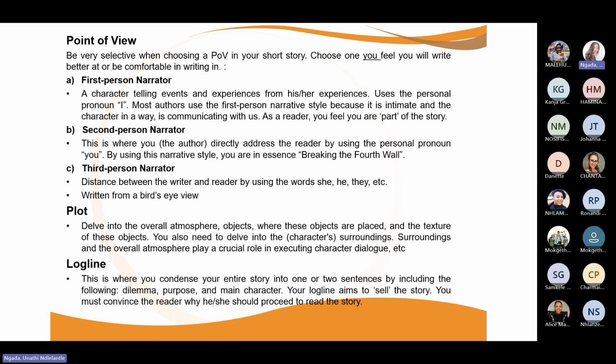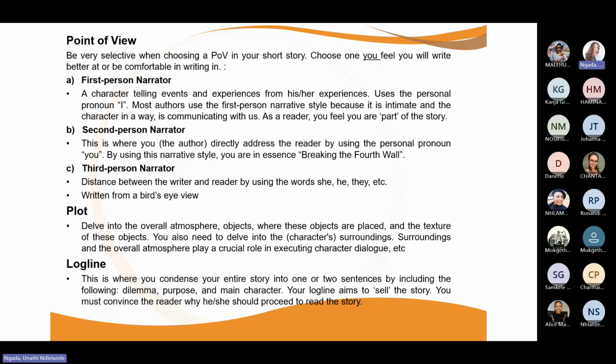Then there is second person narrator, where the author directly addresses the reader using words such as you. And what you're actually, in essence, doing is that you're just breaking that fourth wall. Not many students actually use second person narrative style. I think in my years of teaching this module, I haven't come across an assignment or even a portfolio where a student has used